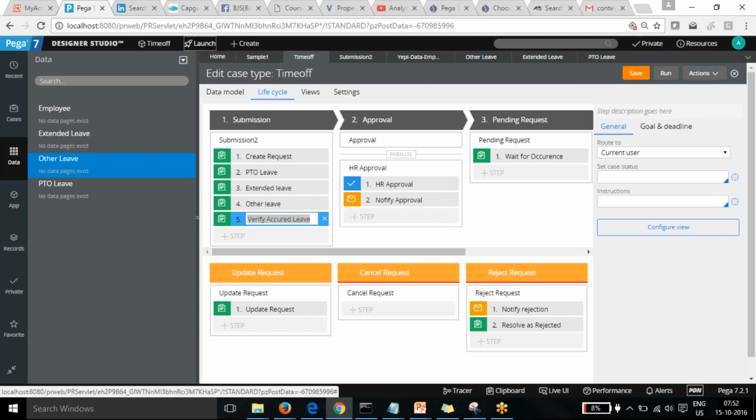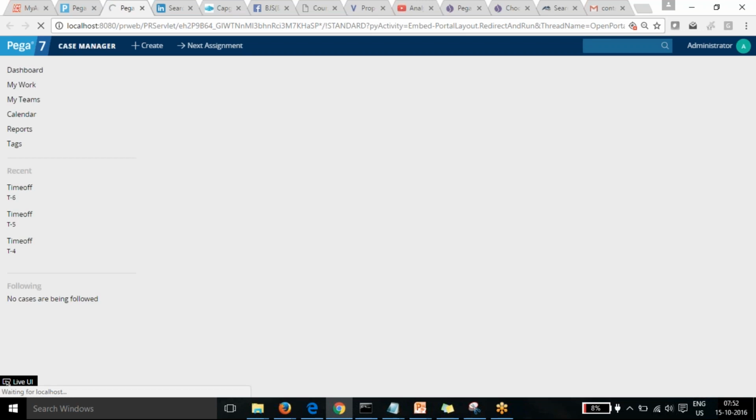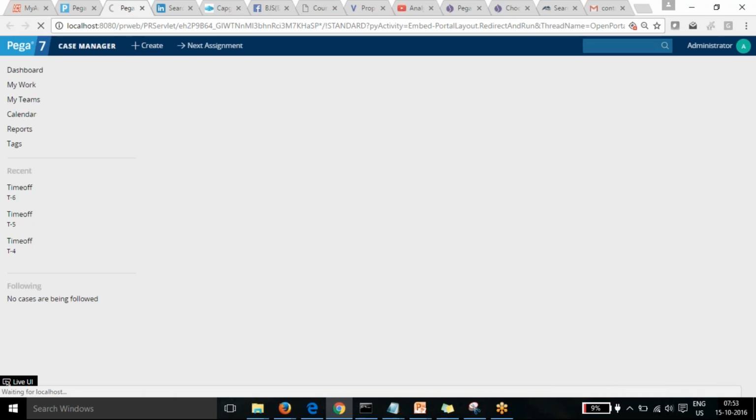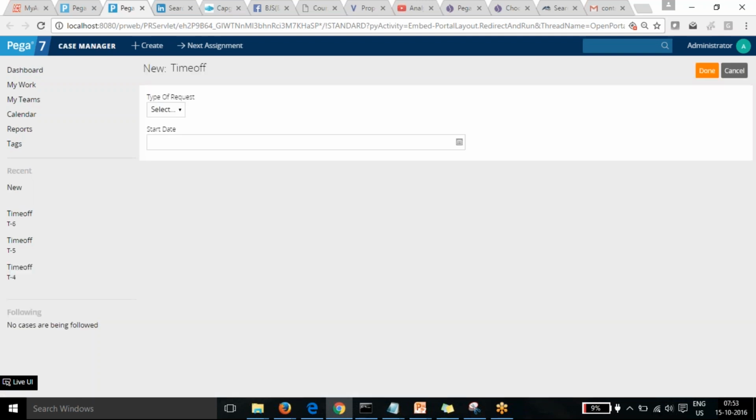Okay, so it's saved now. I can go and launch my case manager to display it. So in this way, if you can see, some of the things are done within it. This time, all the fields which we have created we can see from this one. If I go with the create time off, we have added all the employee fields. It will display as a single row now. First it will ask you all the fields which you have added here, so that you are going to display.